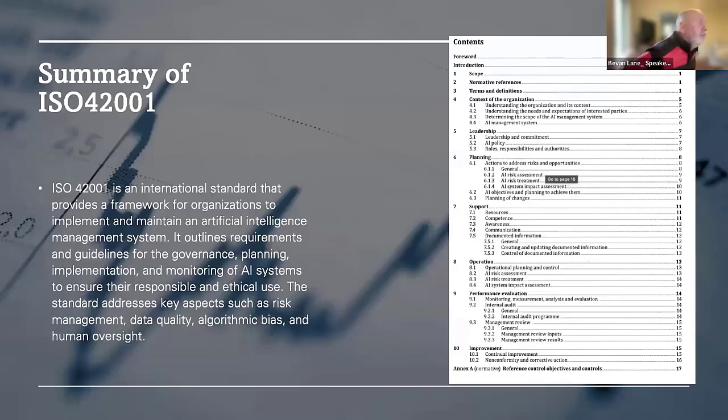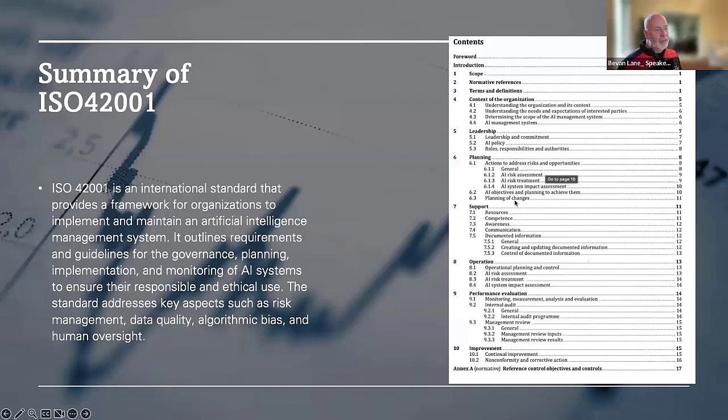Okay, so there's the sections of it there. And if you look at the standard here, you will see that it looks very similar to every other ISMS, QMS, the fundamental standards. It's got from section 4 to section 10. I think if you match it to 27001 or 9001, specifically 9001, you'll see that actually it's the same sections. Yeah, it's almost the same standard, and that's your first thing to get your head around it. It's a quality standard, but they've just added in AI-specific sections and AI-specific wording into the standard.